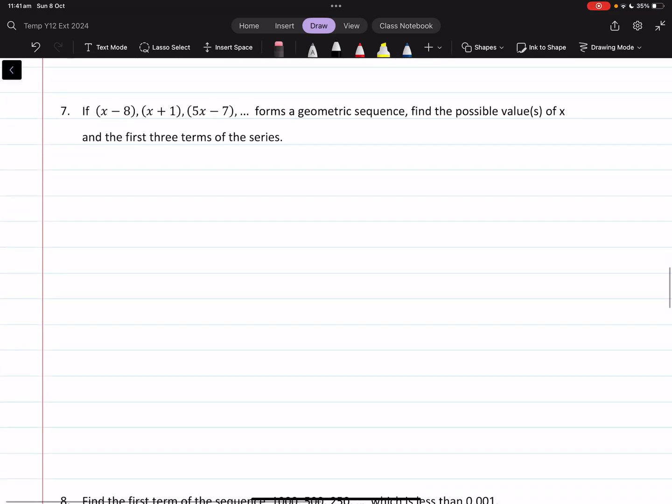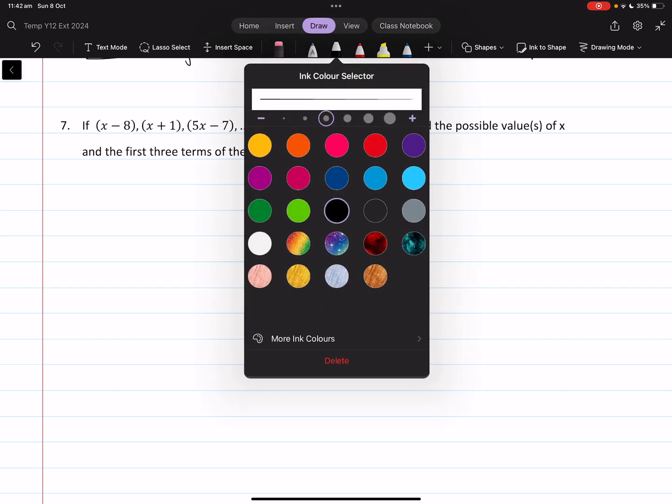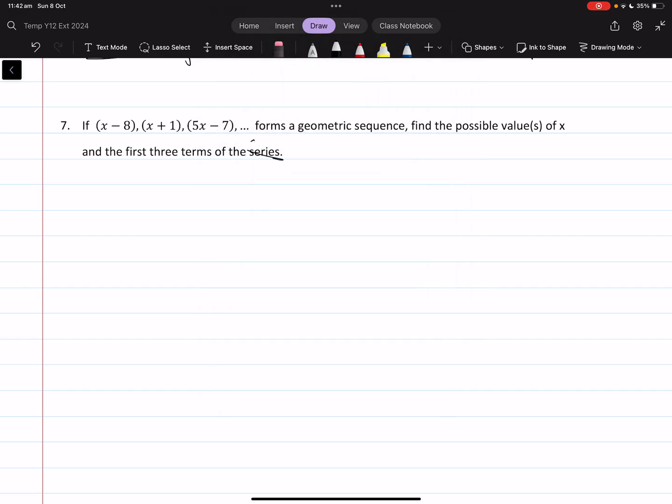Okay, example 7. If these three terms form a geometric sequence, find the possible values of x and the first three terms of the sequence. I should say sequence there. So I might just put a line through that and write sequence. We're going to talk about series later. Okay, so